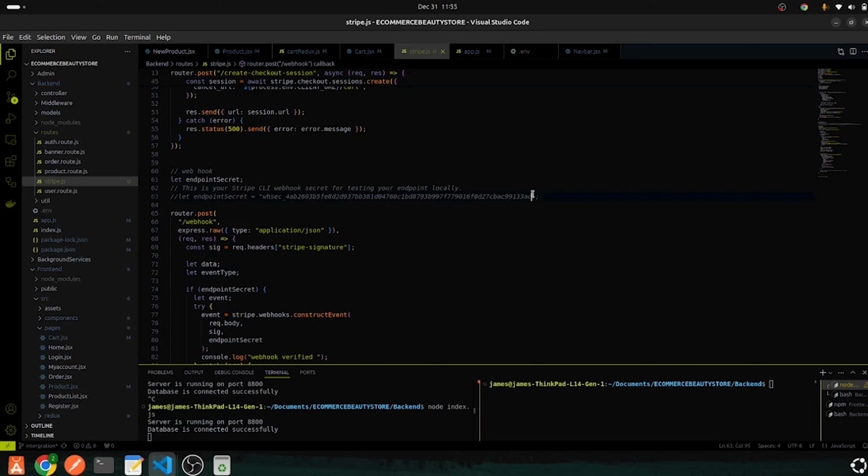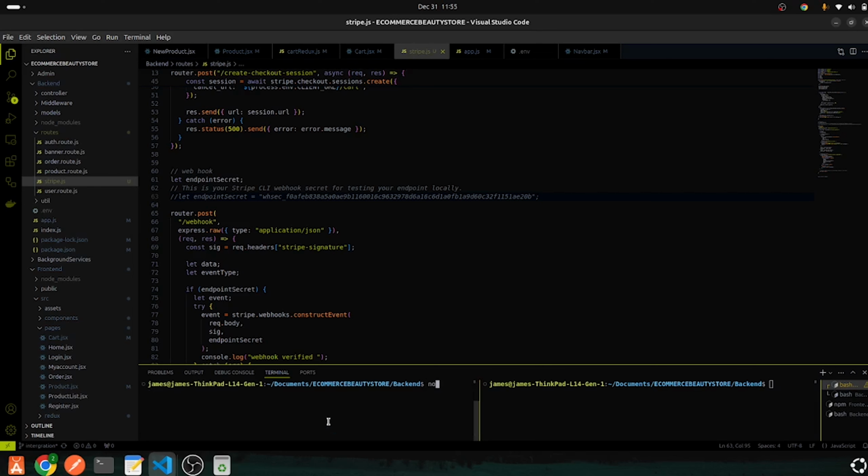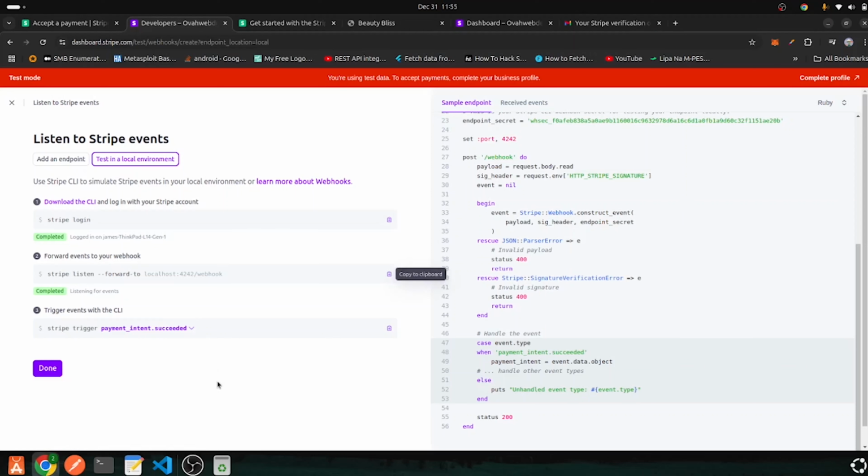You can see I have already commented it, and I'm going to show you why. So I'm going to paste that here, and I can save that. Right now let me also restart this. I don't know why Nodemon is not working in my environment, but in your case I don't think you need to. If you're using Nodemon, there's no need to restart your backend each and every time you make any change. So now I can run this command, and this will let me know if I'm